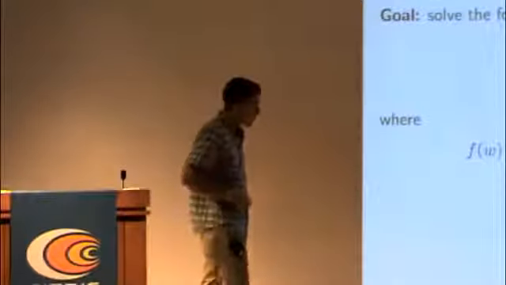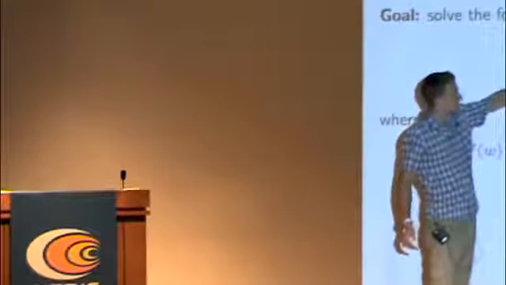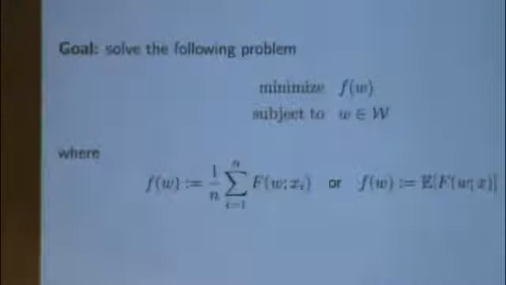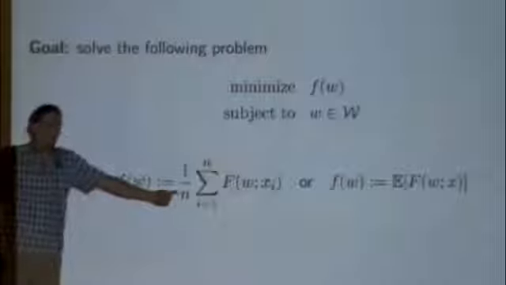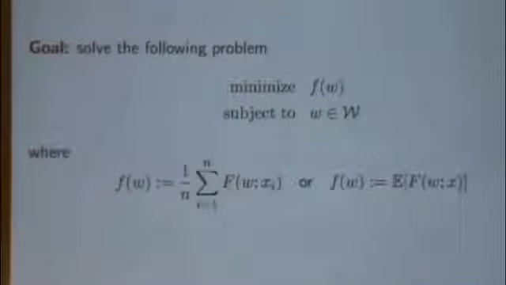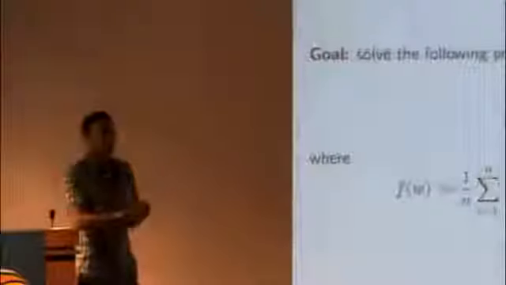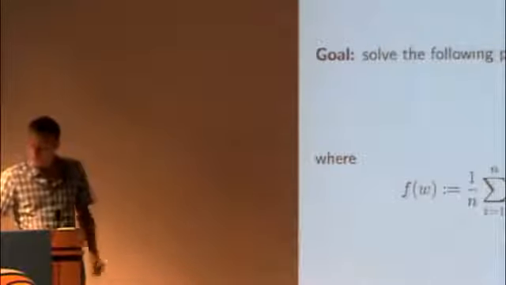Okay, so the smallest description I can give is that I want to solve the following problem, which is to minimize a function subject to some constraints on a parameter vector W. But in the problems I care about, the function f is either an empirical expectation, an average of a lot of different functions on data xi, or it's just an expectation of some loss, capital F, where I'm getting samples x from some distribution I don't know. They could be coming in streaming; I could be Google, and I keep getting searches, and each search gives me a little bit of data when somebody clicks on something. So this is the setup.